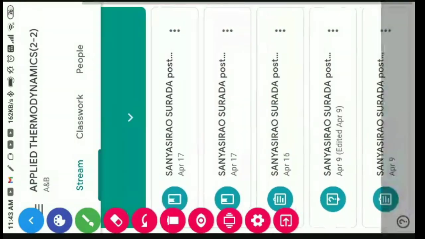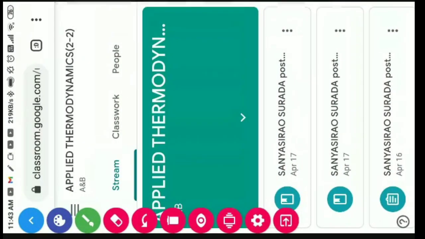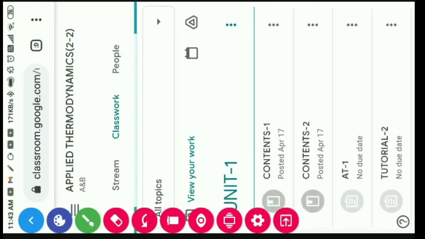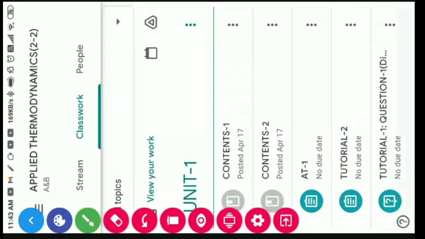Then it will show all the material posted by the faculty. Suppose we go to classwork, see there is unit 1, and in unit 1 some contents shared by the faculty: contents 1, contents 2, assignment 1, tutorial 2, and tutorial 1 questions.